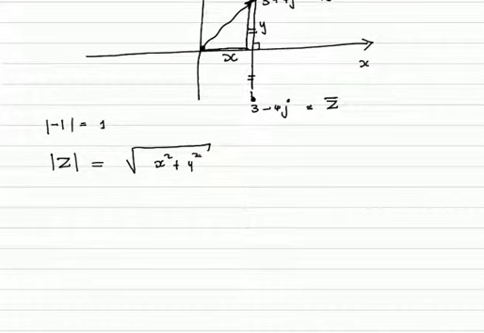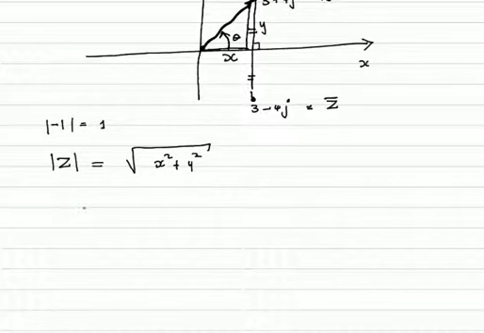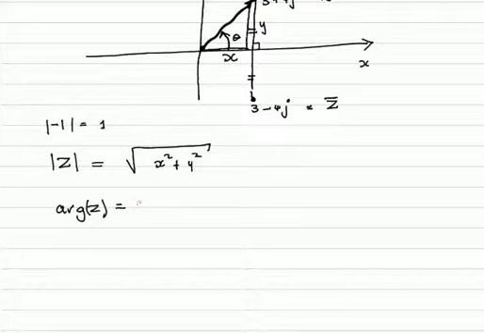The other thing which is also important is that the complex number, as it's represented using this arrow, basically adopts the form of what we call a vector, and that vector forms an angle with the positive x-axis there, which we call theta. And that angle also has got a name. That name is going to be called the argument of z. So when I say argument of z, I'm talking about the angle formed by the vector representing the complex number with the positive axis, and that is obtained by saying arctan, which is tan inverse function of y over x.